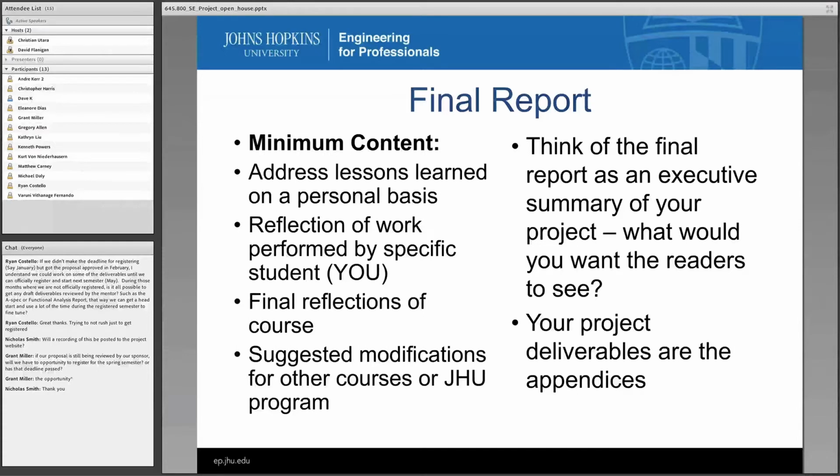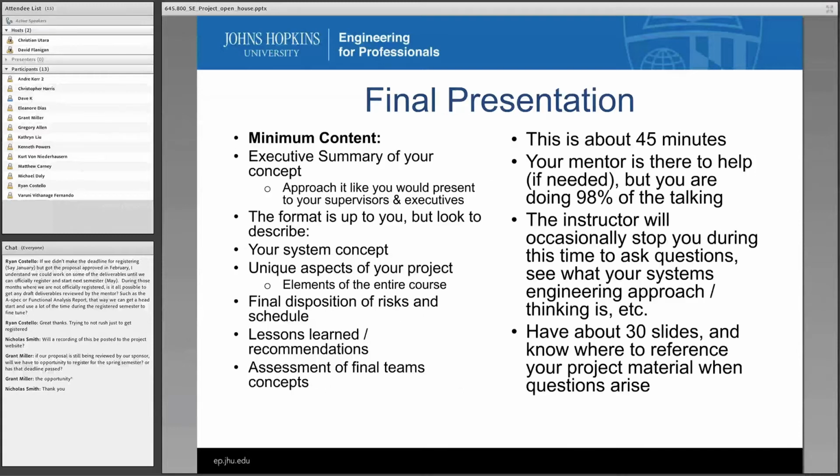broadly of what the project is, but then again, it's also some of the personal lessons learned and some of the recommendations, some of the reflections, and again, we're always keen on improving our course, and so there's other suggested modifications. So again, that should be a relatively small lift for the final reports and the final presentation. Again, you've done all the work before, so now this is just kind of compiling it all, and